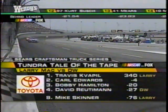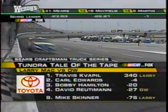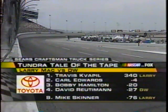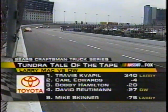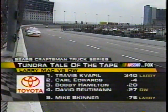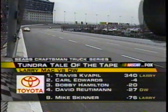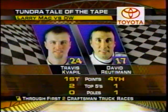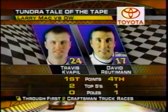And the Tundra tail of the tape. Our 2 Craftsman truck owners, Darrell Waltrip and Larry Mack. Right now, Larry leading the points. Carl Edwards, Bobby Hamilton. Toyota, Ford, Dodge, Toyota. So we have a contest up, Larry's truck versus Darrell's truck, and we'd like your suggestions